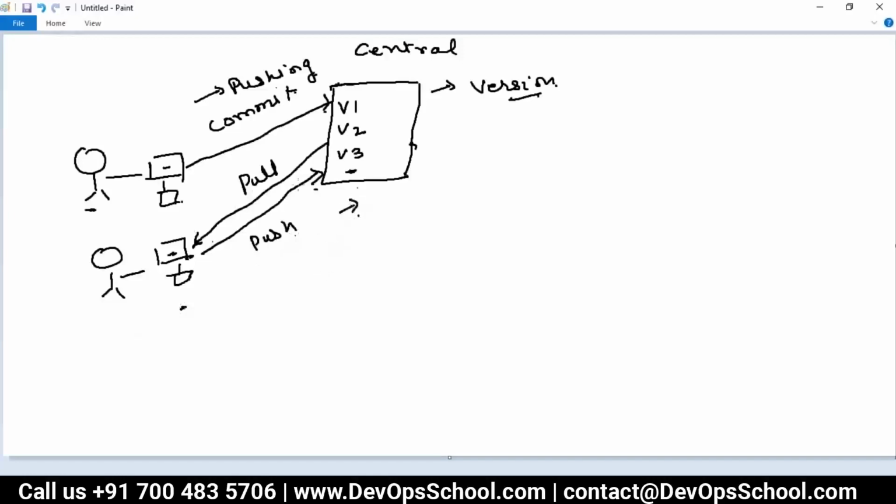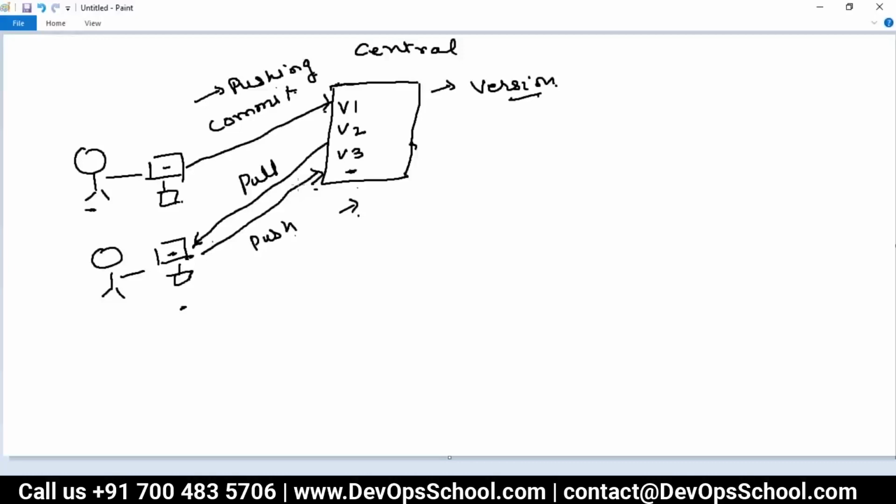And most of the time this server is not in the same location where the developer is working. So, for example, if you are in India and the central repository is in the US, even though your internet speed or your VPN is very, very fast, it still takes time, and the developer does not feel comfortable doing hundreds of commits in a day. Even though he wants to maintain the changes,